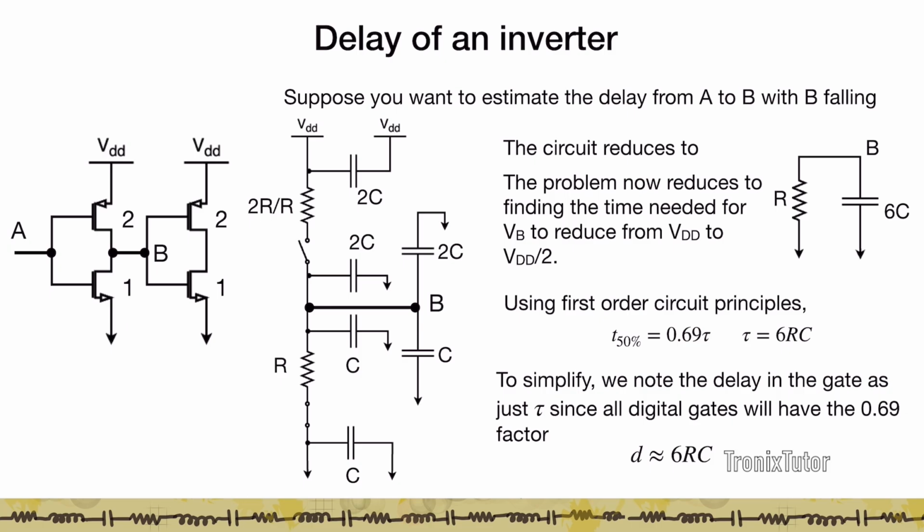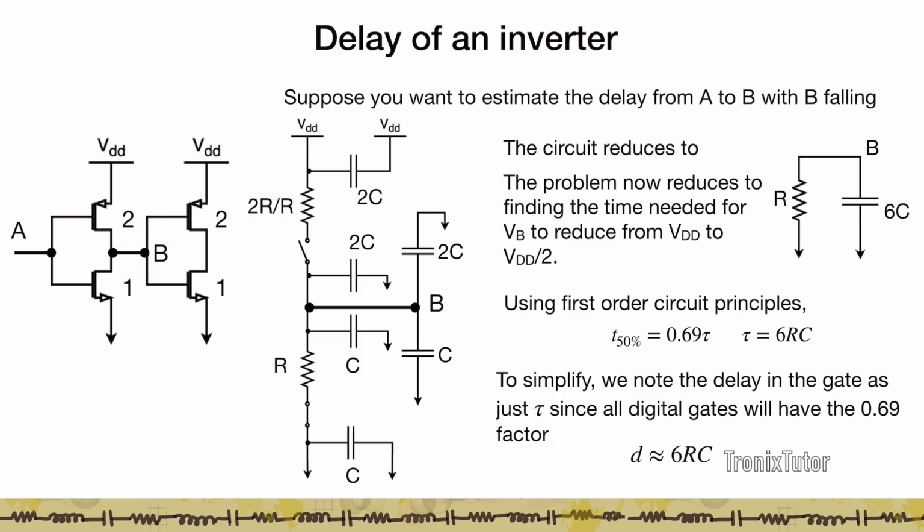and we attribute a delay of 6 RC to this gate. So this gate has a delay of 6 RC, and the 6 RC is coming about because I have almost a capacitance of 6C sitting at this node. The 3C of the 6C comes from its internal capacitance, and the remaining 3C comes out from the fan-in capacitance